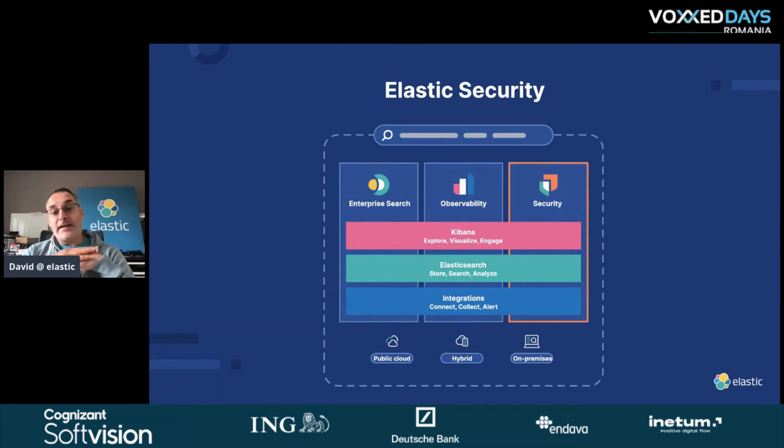On top of the stack, we are using the stack to provide different kinds of solutions. One of the solutions is Elastic Security. Of course, we have other solutions. One is Enterprise Search, which is more dedicated to the search use case, which is the heart of Elasticsearch and why Elasticsearch was built initially. But also observability: logs, metrics, I mentioned that already, and APM also, everything goes under the observability solution. But now we are going to focus today on security. So let's have a look at what we have.